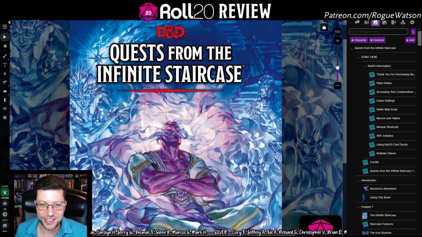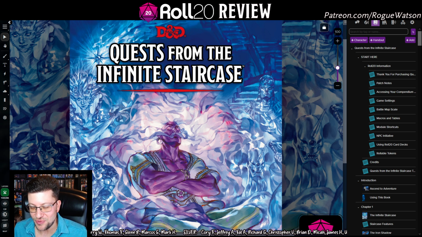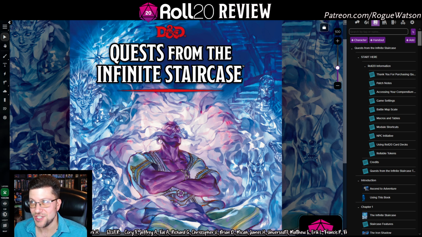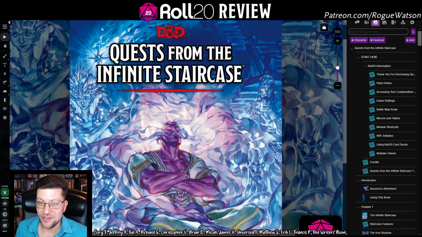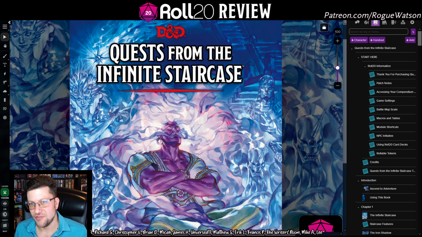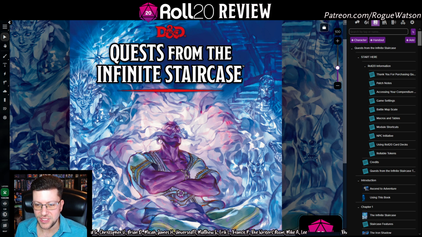We'll be diving into what is in this campaign book, which I feel like really flew under the radar. This is 2024, and it is right before the release of the new 2024 edition of D&D, which is obviously getting all the attention and love, and poor Quests from the Infinite Staircase released as an anthology. I guess we already had Vecna this year as well, Eve of Ruin, but this one really feels like a celebration